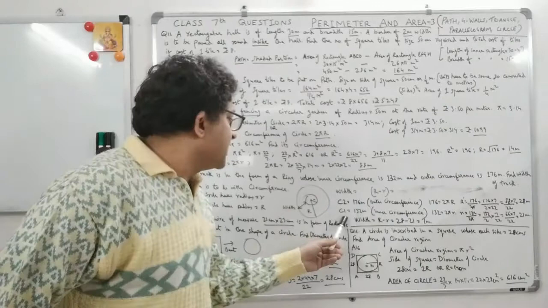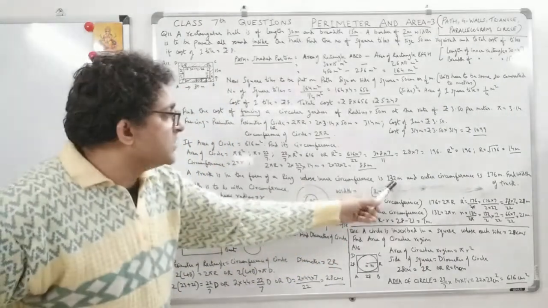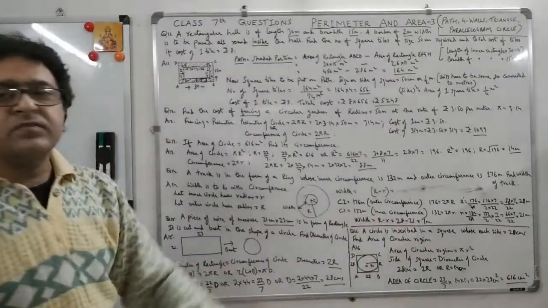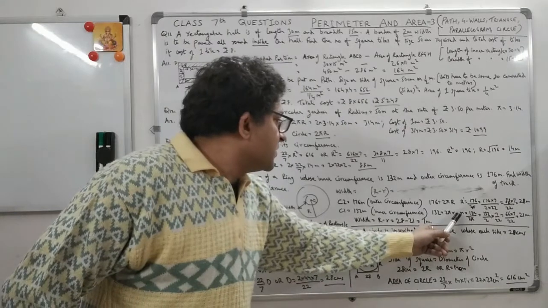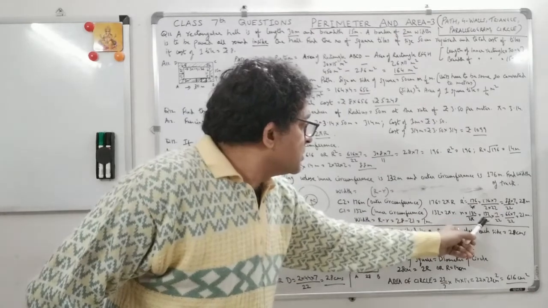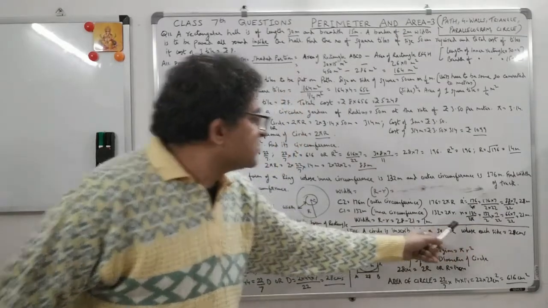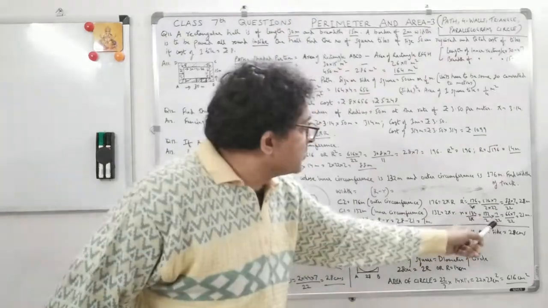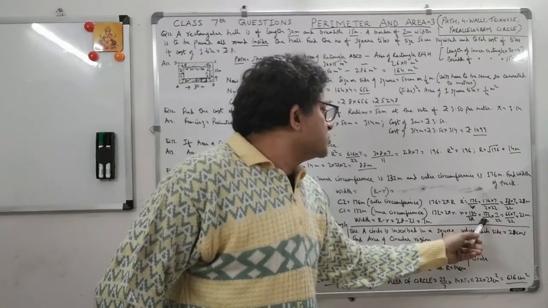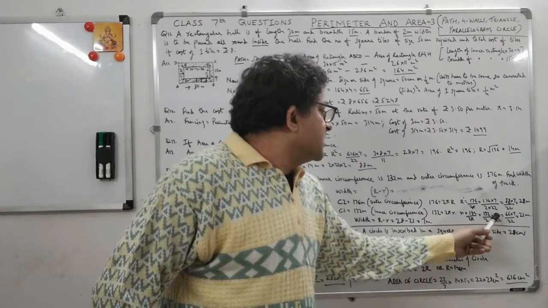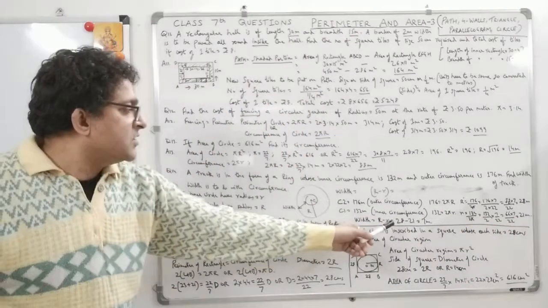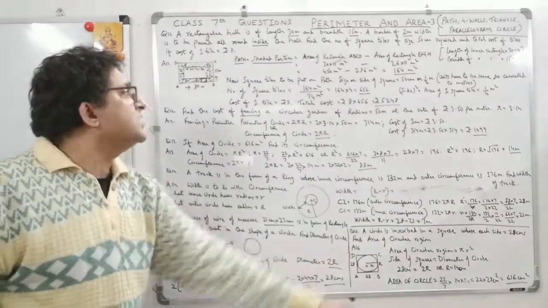Now for the inner circle, again, this was given to you: the inner circle was 132 meters, right? So 132 meters is equal to 2 pi r again, which is the circumference. You simply calculate the smaller r, which is 132 upon 2 pi, which is 132 upon 2 into 7 by 22. Same way, you cut this by 2, this is 66 into 7 upon 22, right? So this is 21 meters. So width is R minus r, 28 minus 21, which is 7 meters, right?